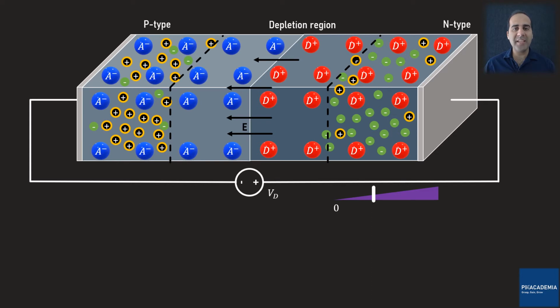The minority charge carriers in the P semiconductor are free electrons. These free electrons are repelled from the negative metallic contact connected to the P semiconductor. When the free electrons are within the diffusion length LP, they are affected by the depletion region's electric field and they are sucked into the N semiconductor. To preserve the neutrality of the neutral region of the N semiconductor, once the sucked-in electron arrives in the neutral region of the N semiconductor,